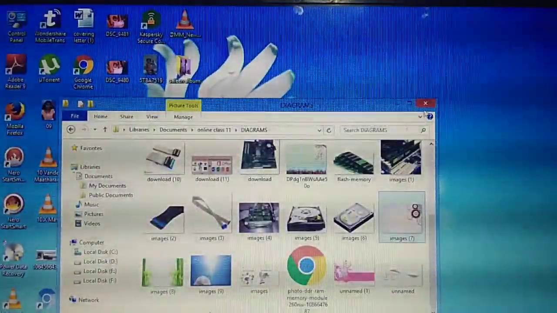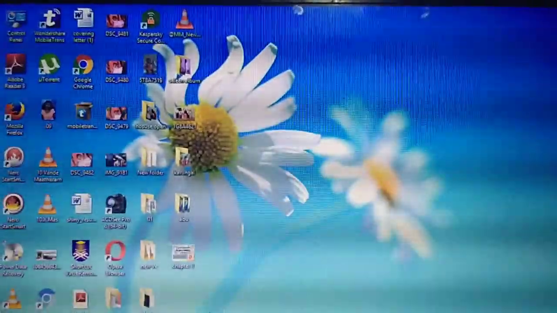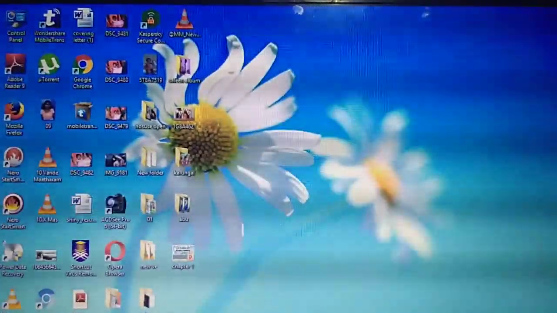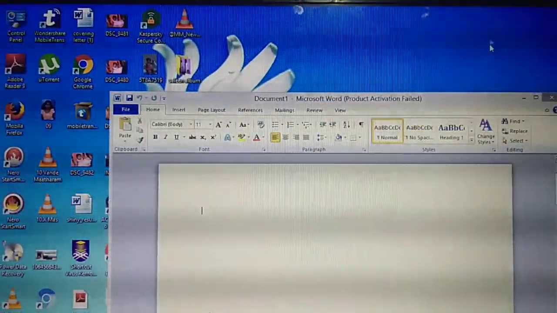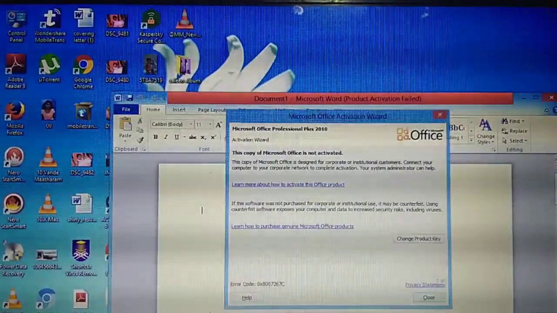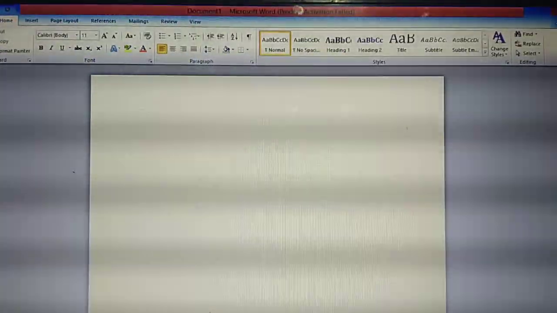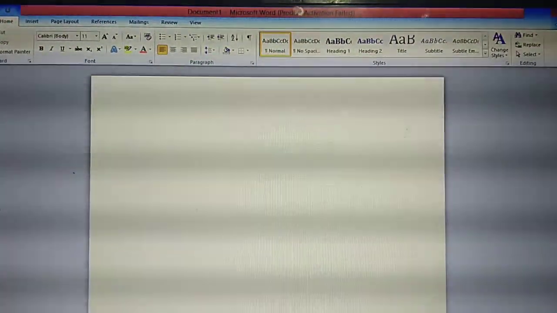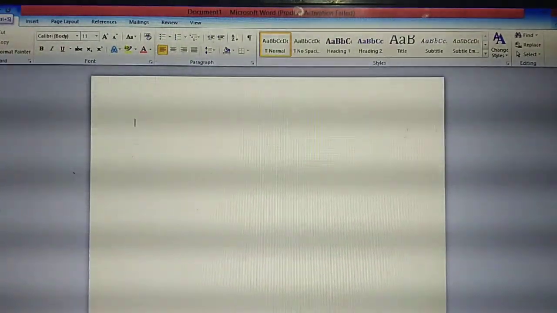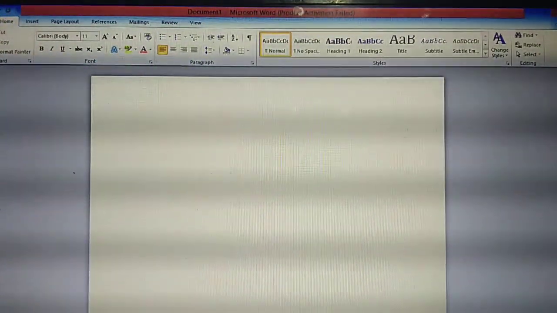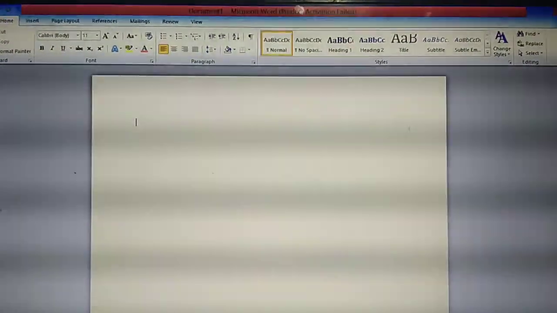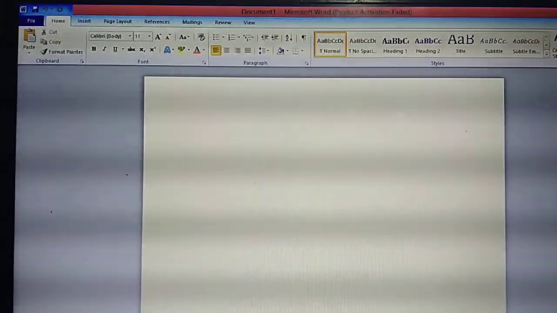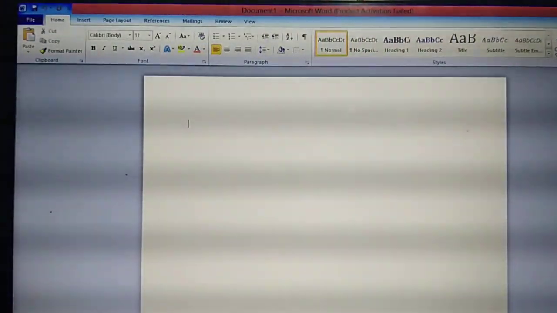So from where do you need to open the Word file? This is Windows 8, somewhat different. Start button, then all programs, accessories, then WordPad. Okay. So is it visible for you? Yes, this is the Word file. From where you need to type: start, all programs, accessories, WordPad, or in the run command you need to type WordPad. This is the Word file. After opening the Word file, what's the use of this Word file? To type a text or anything. For example, I am typing text.